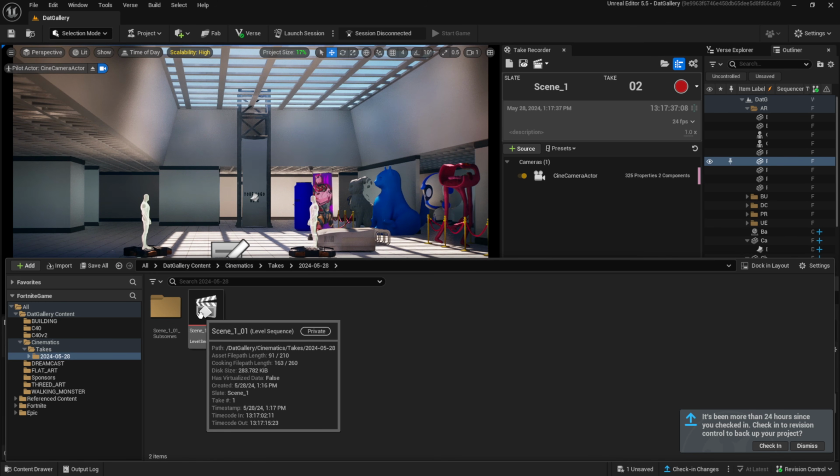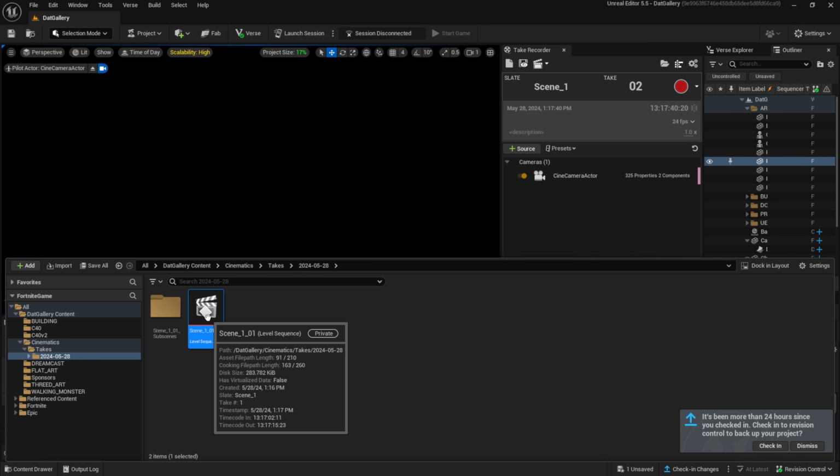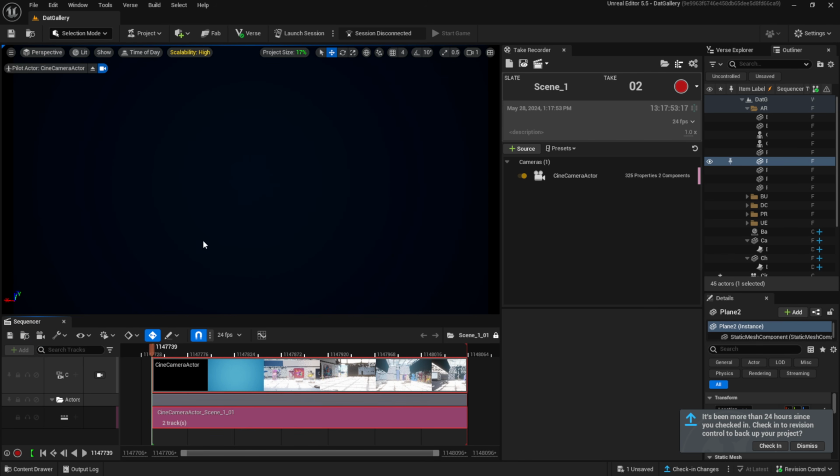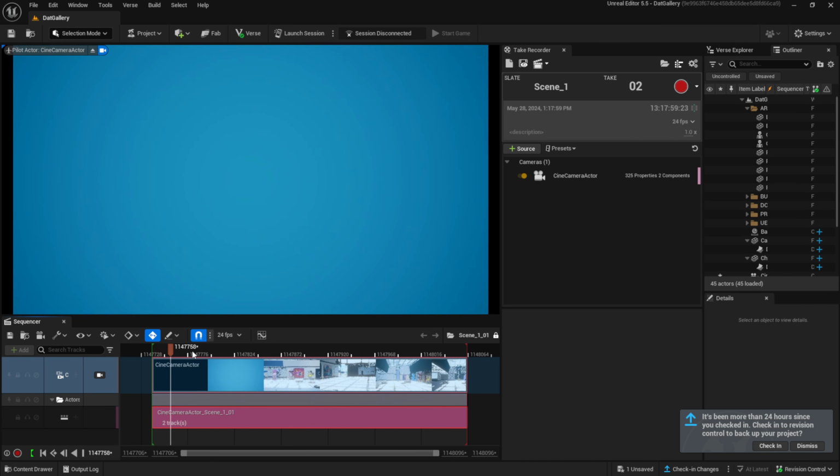Now you can see where we have all of our recordings, which is going to be our sequencer right here. If I double click on this one, and then close out my content drawer, it looks like it's blank up here. That's because we're not looking through our camera. So if I come down inside of my sequencer, click on my camera, and then start to hit play,